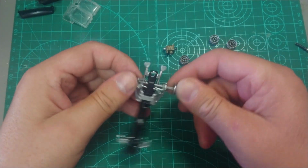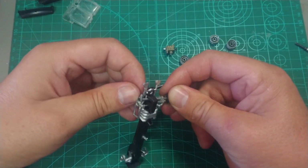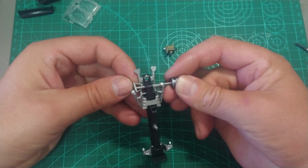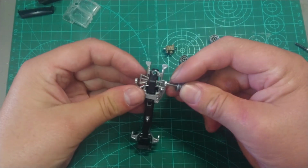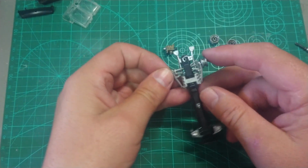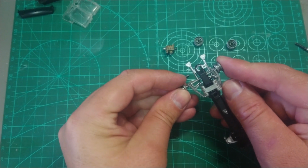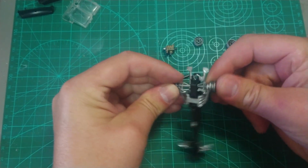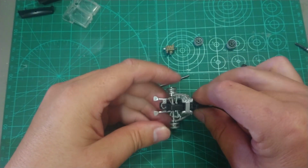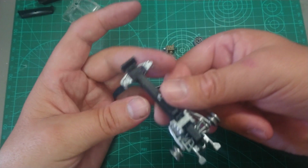If that only wants to go in. And I don't want to break anything. Okay, it clipped in there. And then last of all, we just need to install our last rim that goes in that way. And there we have it. So as you can see,